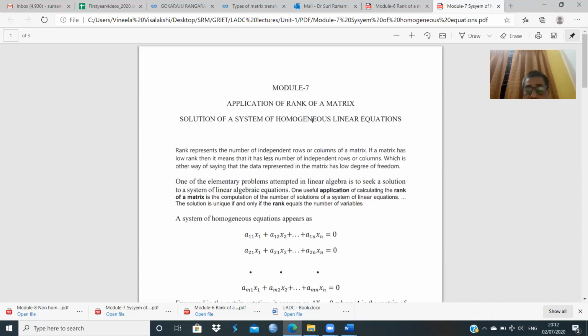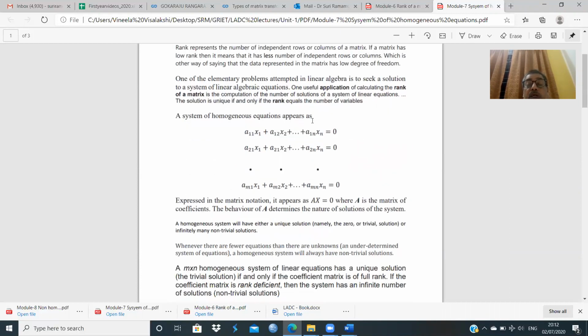So let us start with the homogeneous system of equations. One can observe that we now have a system having m equations in n unknowns, all of them having a zero right-hand side. So here the decision variables or the independent variables are x1, x2, etc., xn. And there are three possible cases. Case 1: the number of rows is equal to the number of columns, in which case the coefficient matrix will be a square matrix.